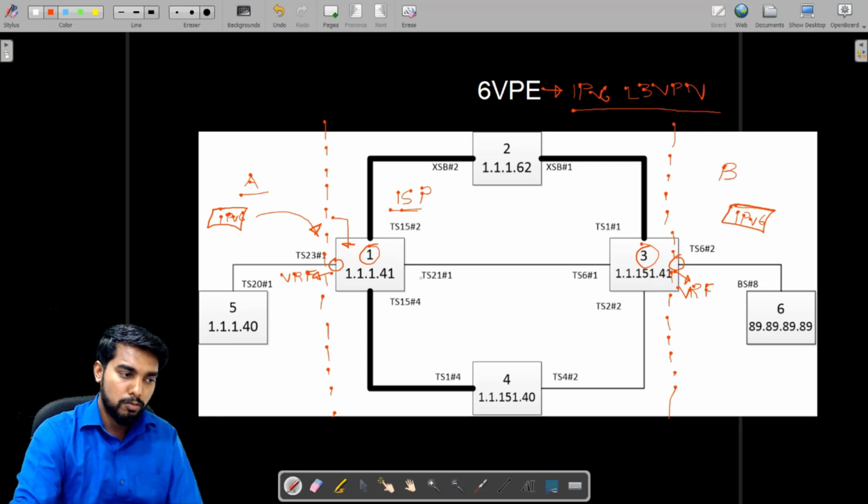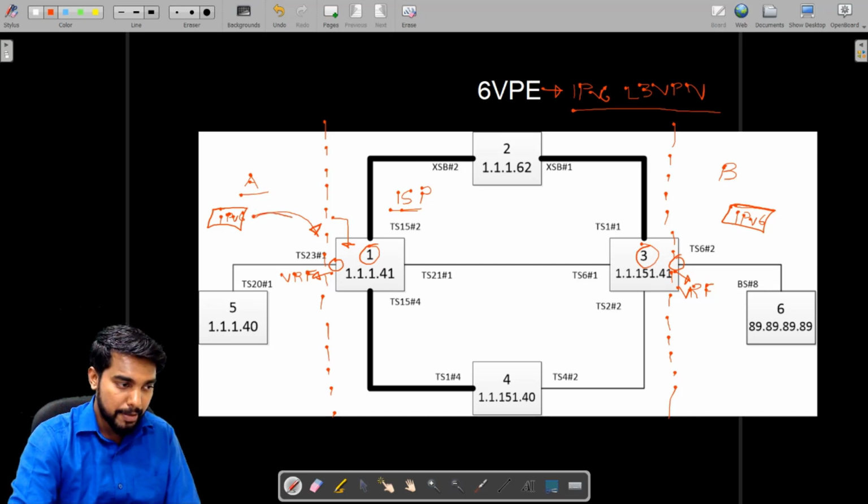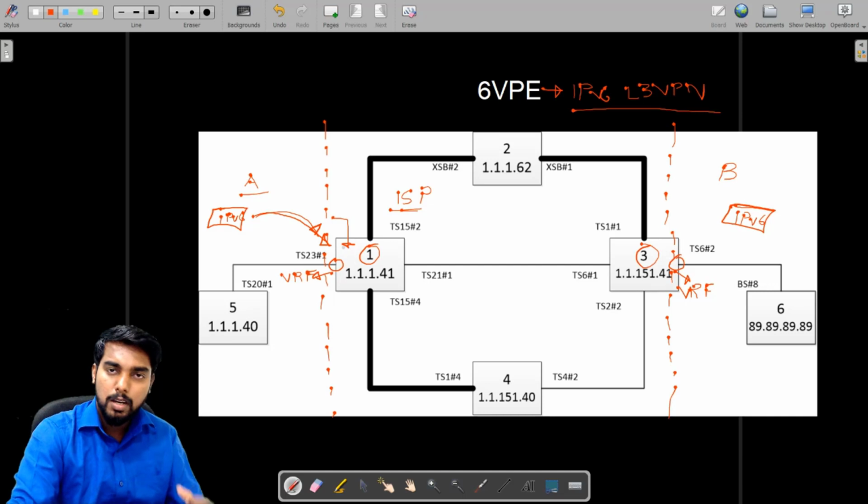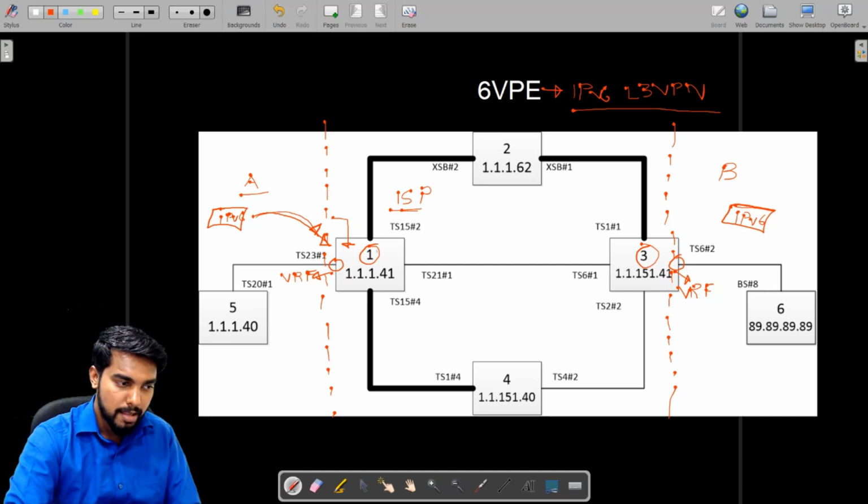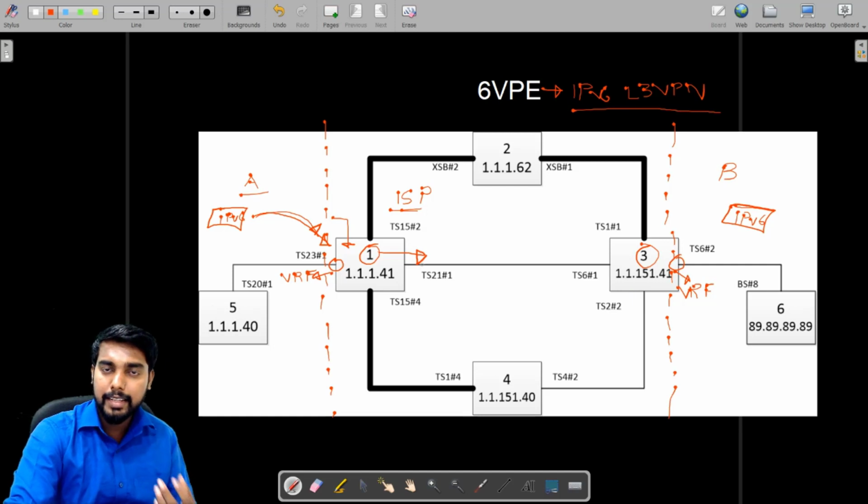Okay, so the ISP will upgrade router number 1 and router number 3. Once this is done, the ISP router can accept IPv6 routes from the customer, will tunnel it, will modify these routes, and somehow send it on the backbone. Now this is the ability of MPLS. We know that in an MPLS network, the lookup is always on labels and not on the real IP. So whether it is IPv4 or IPv6, the MPLS routers can forward the packet if we can make them share labels.